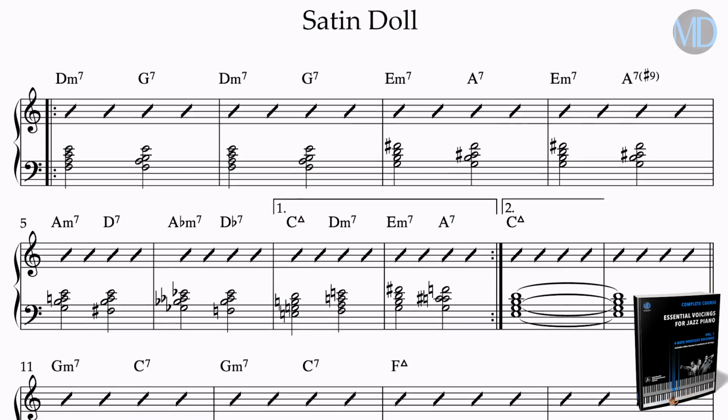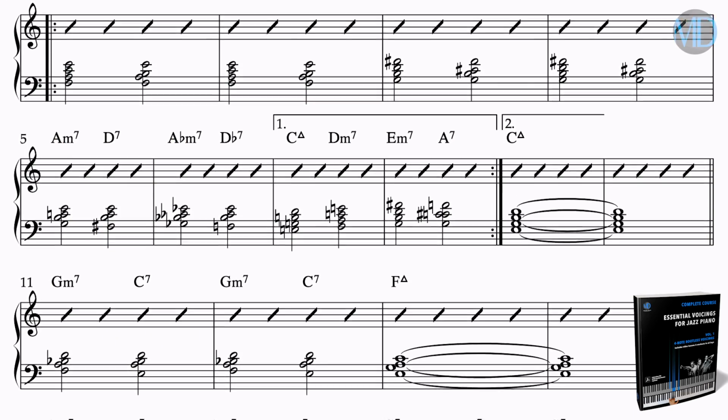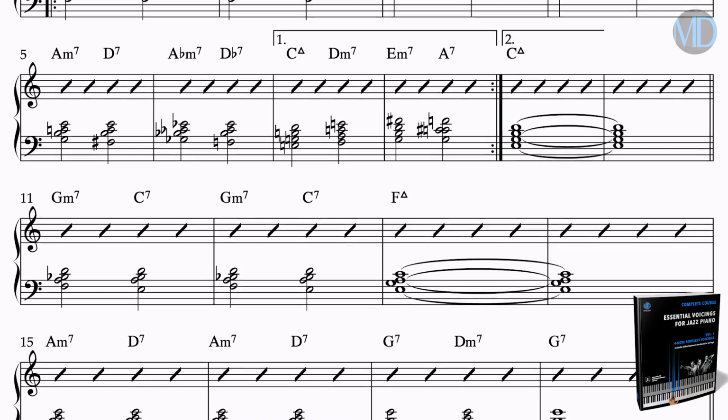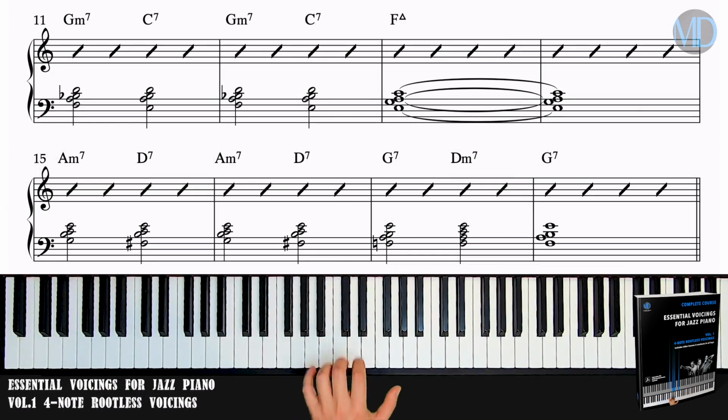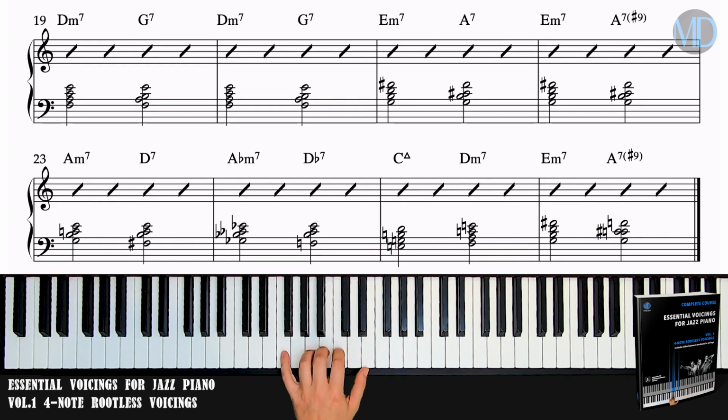At the end of the book, we have included a few jazz standards with the rootless voicings written out for your left hand. A demo video for each standard is also provided. In this demo, the piano player first plays over the entire form using only the left hand, and then introduces the right hand playing independent lines and/or chord extensions.